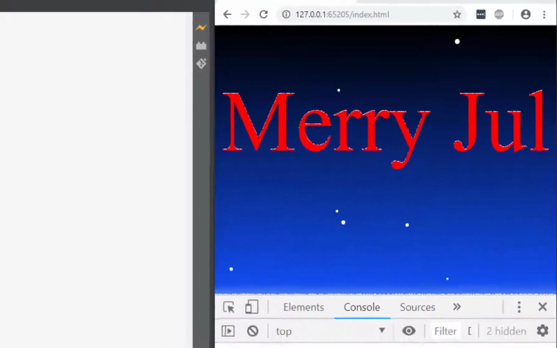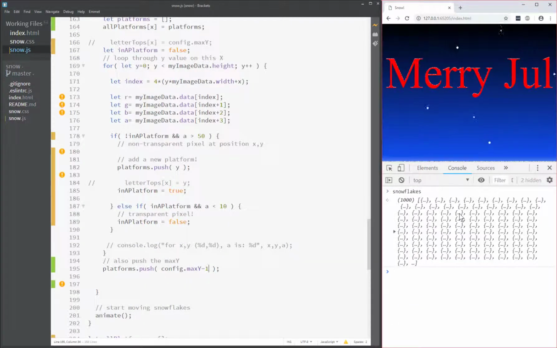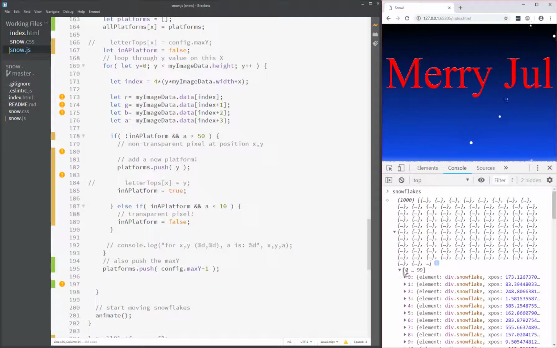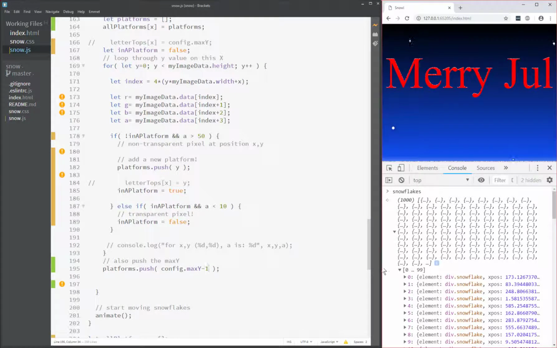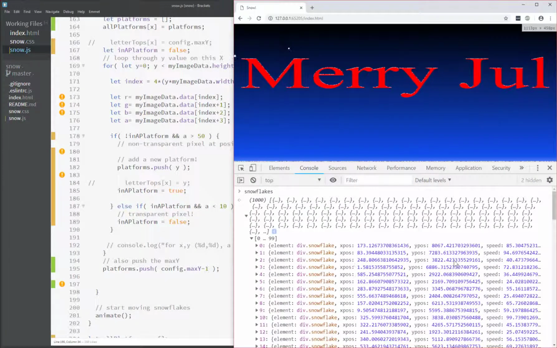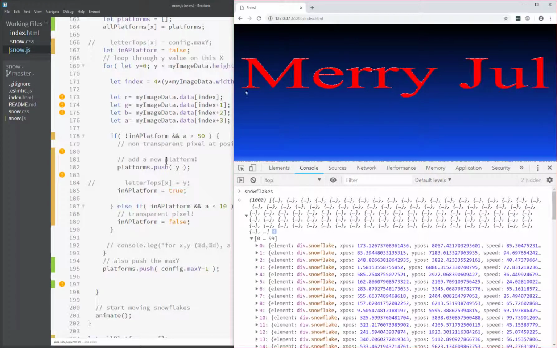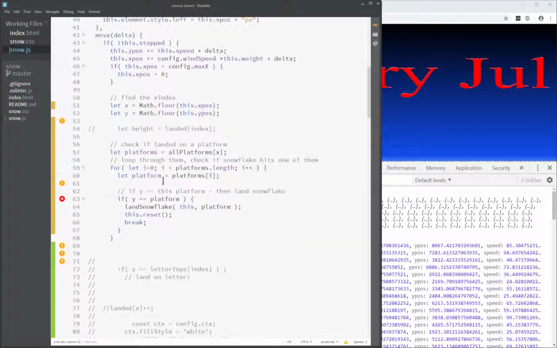It's like they've disappeared, and I have a feeling I know what's going on. If we look at the snowflakes, they have X positions. Can we see their Y positions? They are incredibly high values of Y,